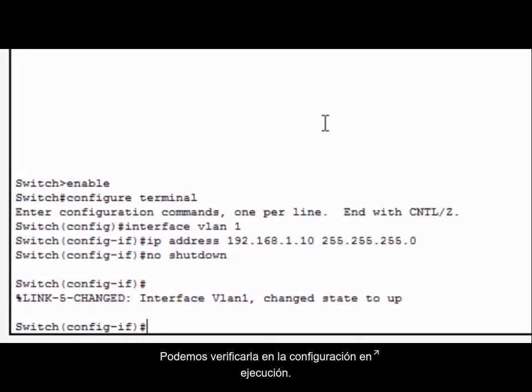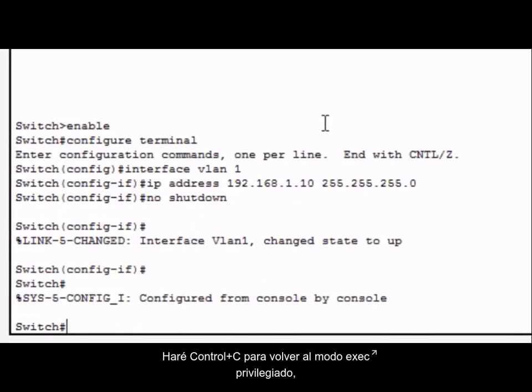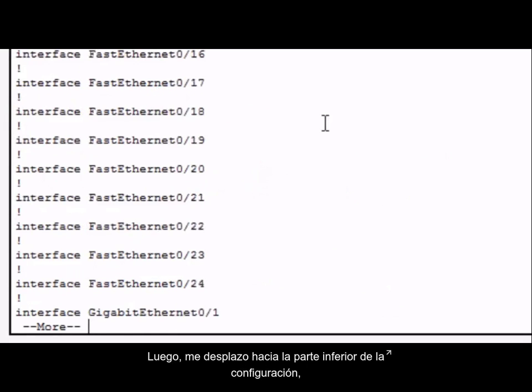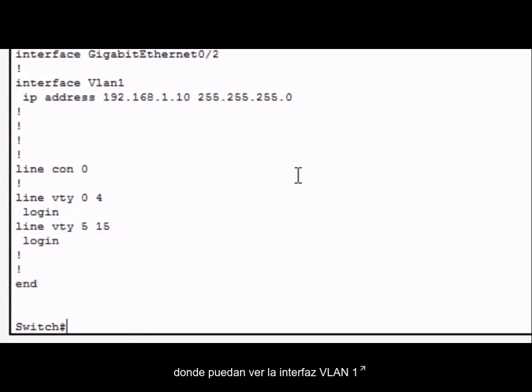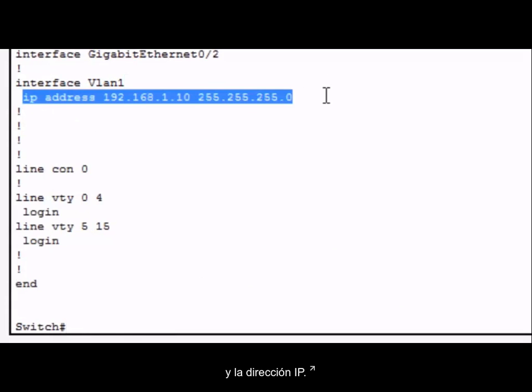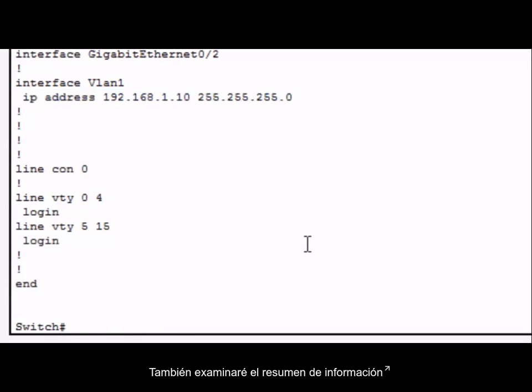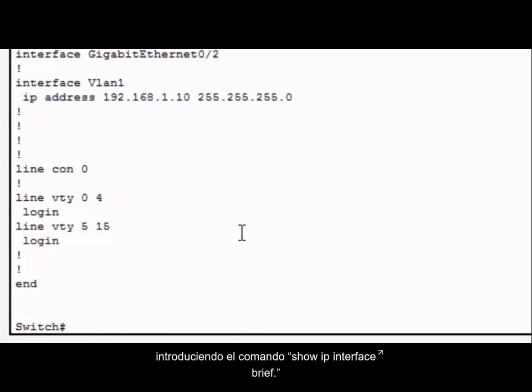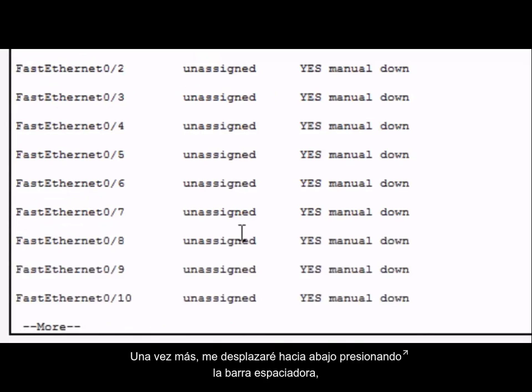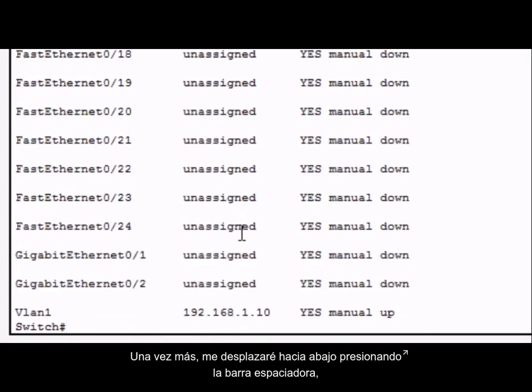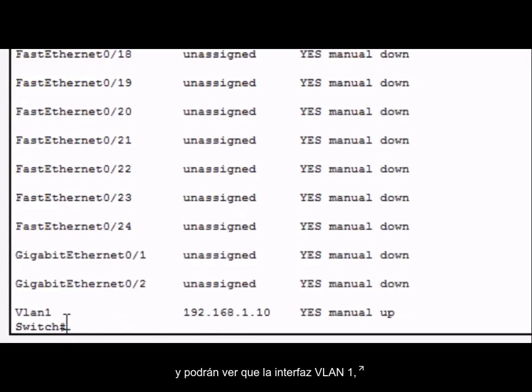We can verify it in the running configuration. I'll do a Control-C to get back to privileged exec mode, type show run, and page down to the bottom of the configuration where you can see interface VLAN 1 and the IP address. I'll also examine some summary information about the interface by typing in the command show IP interface brief. Once again, I'll page down by pressing the spacebar, and you can see that the VLAN 1 interface